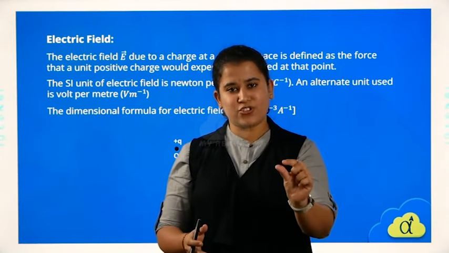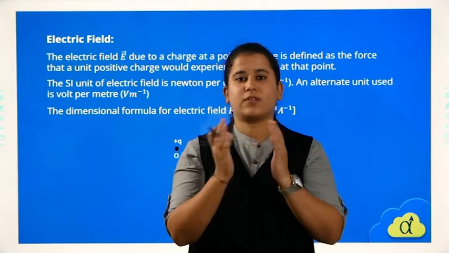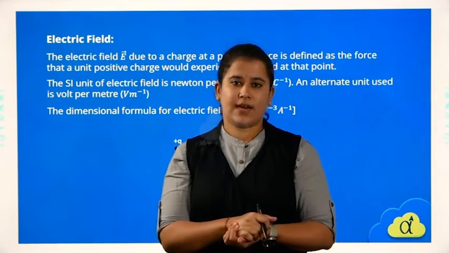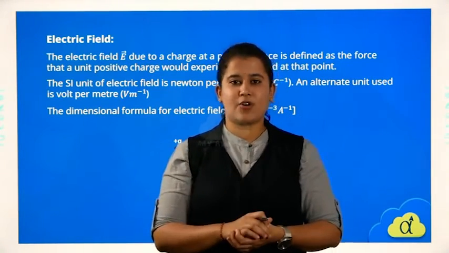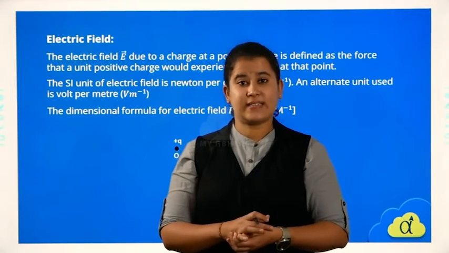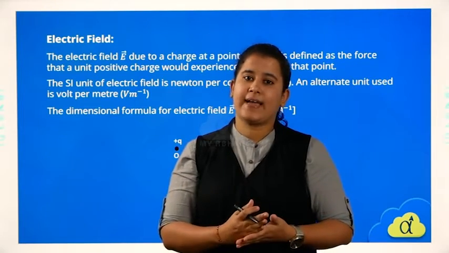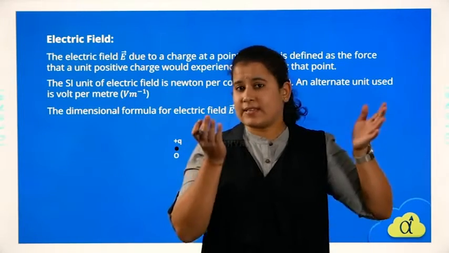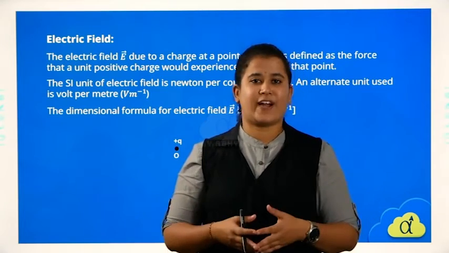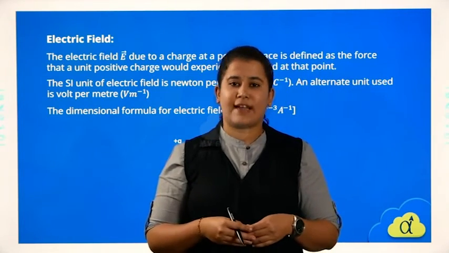When I bring one charge towards the other, the charges influence both, that is, the charges are exerting force on each other. Clear? So here we'll be learning how the force depends and what the electric intensity is, whether the force will be high, which type of force it is, whether it is a repulsive force or an attractive force, that we'll find out. Clear? So coming to the first one, we have the definition of electric field.